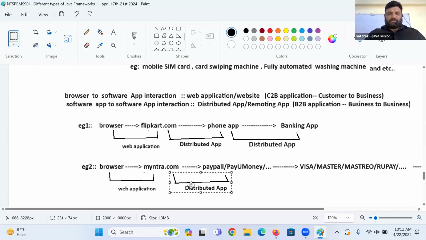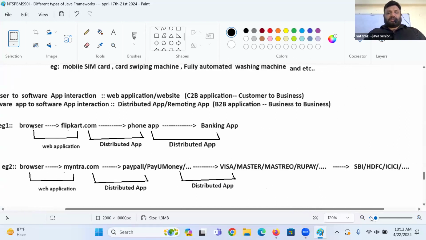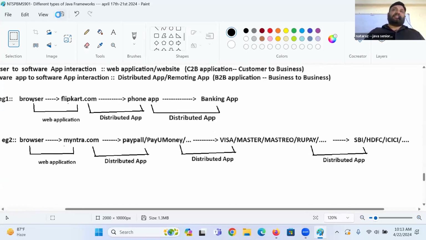Fine, let it be. PayU money is talking to Visa application. Distributed application, right, guys? Okay. And these payment gateway application talking to bank people. Distributed application. And the world is running like this or not there. These Visa people can have different types of clients. Bank application also can have different types of client. Payment brokers also can have different types of client. I'm not highlighting them. I'm just taking only one client, boss.